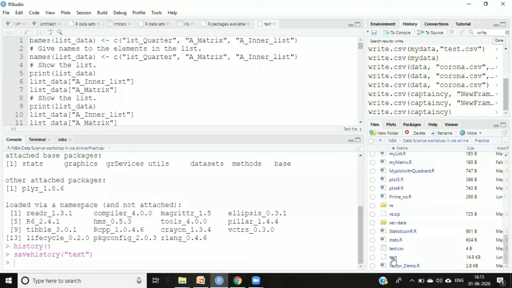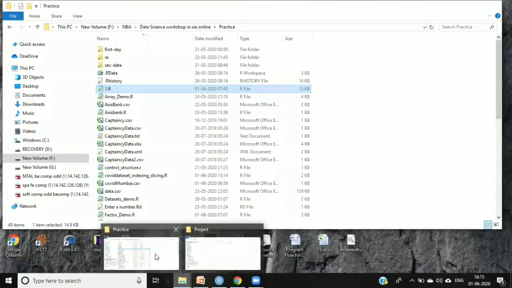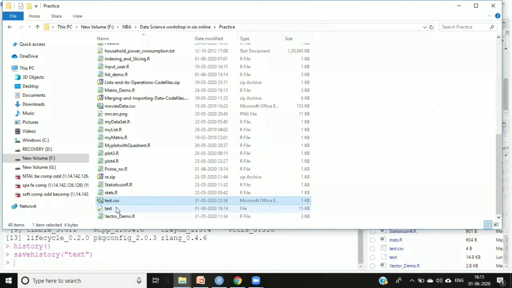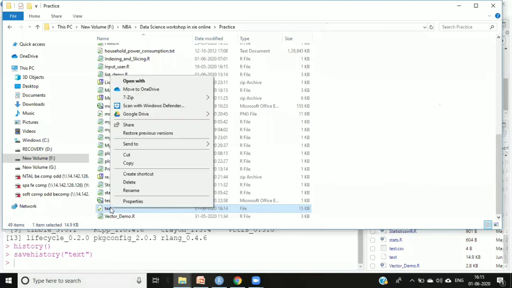It's not taking from here, so let's go to that folder only. So it is saved over here. This is my text file, right? Let's try to open this.